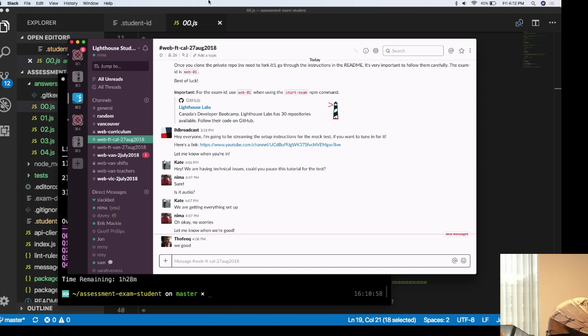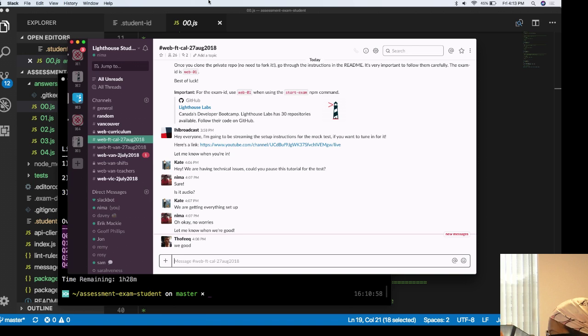There we go. Yeah, so now when you run it, the run exam start is going to retrieve the questions. And when you want to test one of the questions, you're going to go npm run, and then down there it's going to show you question 0. Run question 0. There you go.